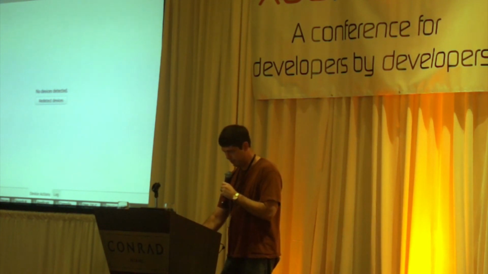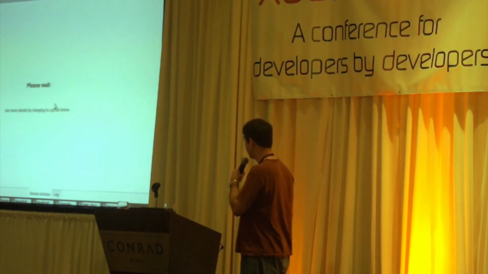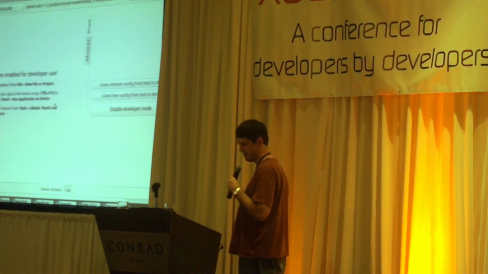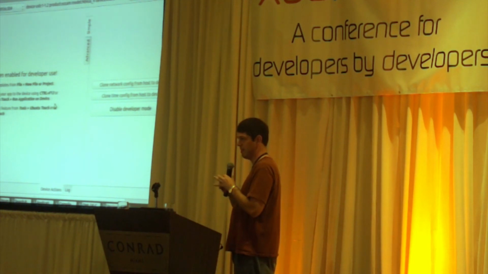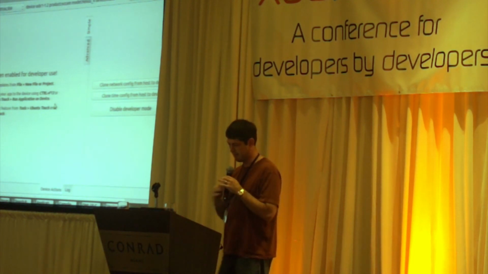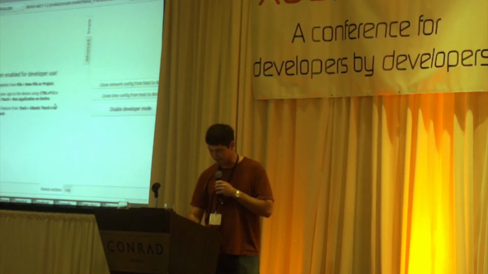So if you have an Ubuntu device attached, you can just tell it to detect the device, give it a minute. It's going to check and see if you've got developer mode enabled, which will give you an SSH server and some different dev tools on the phone itself. That takes a few minutes to install. Luckily, I already have that. So all I have to do is